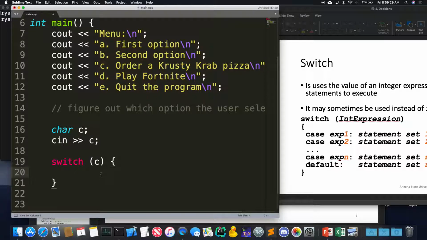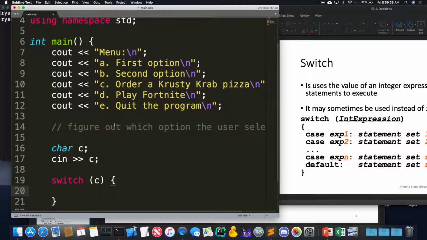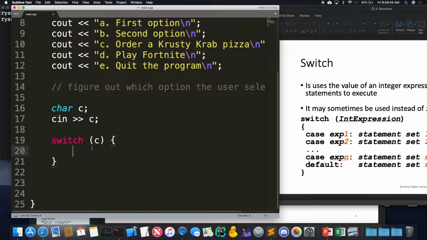And then throughout the rest of the cases, we're not going to mention C at all. All we're going to mention are the values we want to compare against. So the values we want to compare against are lowercase a, b, c, and d. So we're going to have 4 cases. We don't care about the other one because that's the default case. So we're going to have case lowercase a, and then some stuff here. Then we're going to have a case b, some stuff, case c,